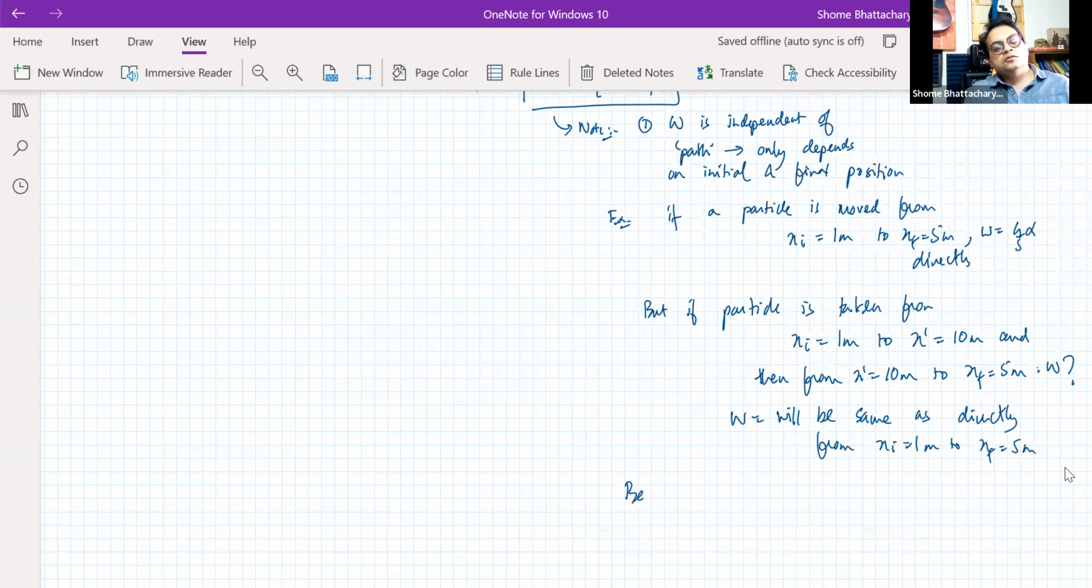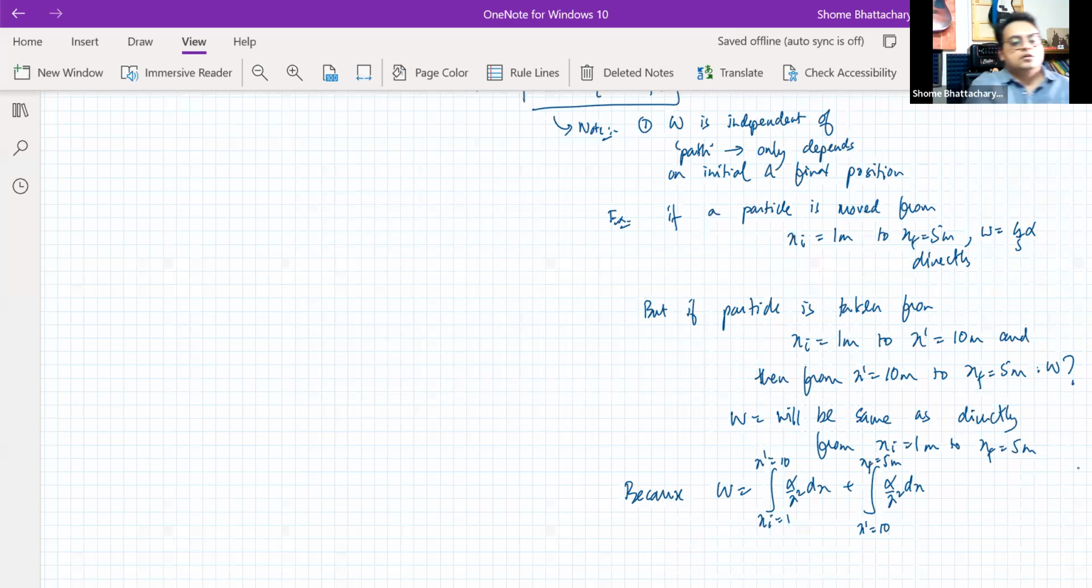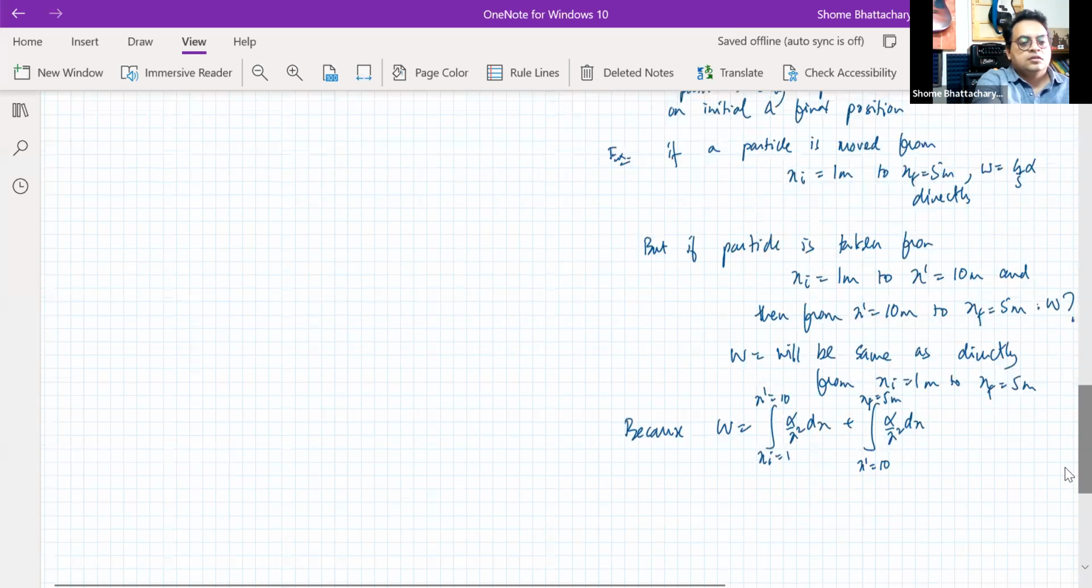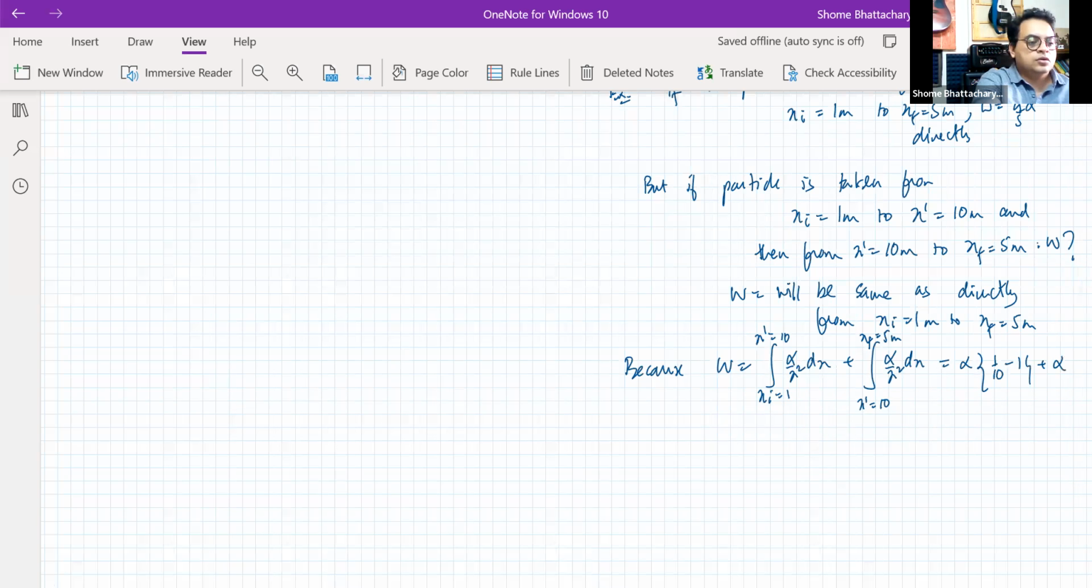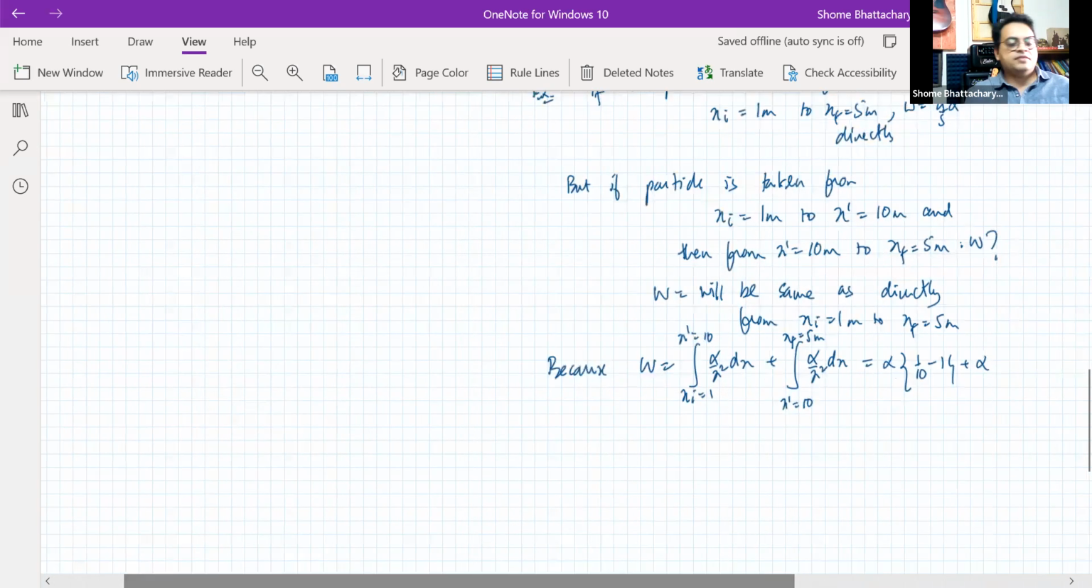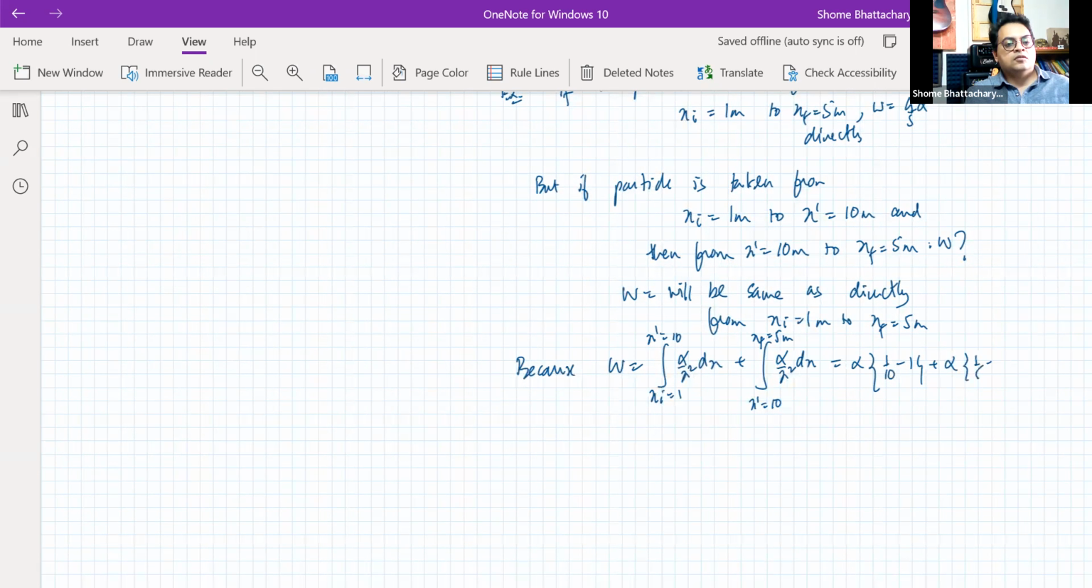Because here, this will be from x initial equal to 1 to x prime equal to 10 first. Okay. And then from x prime equal to 10 back to x final equal to 5. So when you do this calculation, you will get alpha into 1 by 10 minus 1. But the second one will give you alpha into 1 by 10 minus, sorry, 1 by 5 minus 1 by 10. So when you open this up, you're still left with